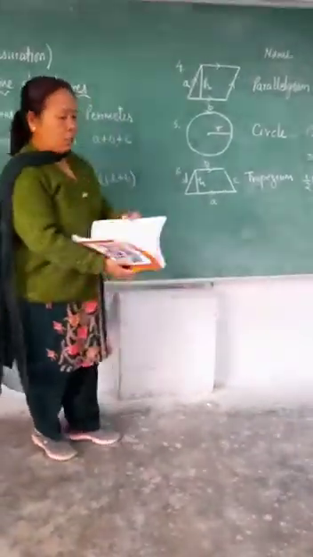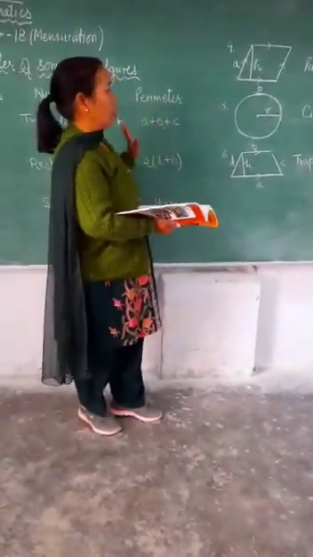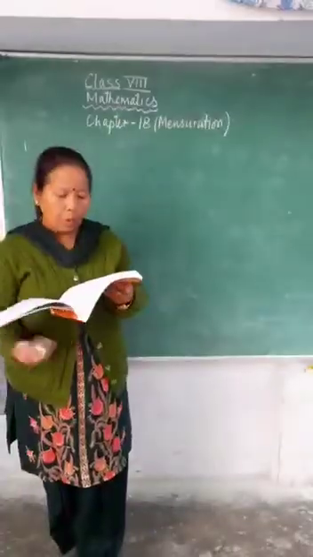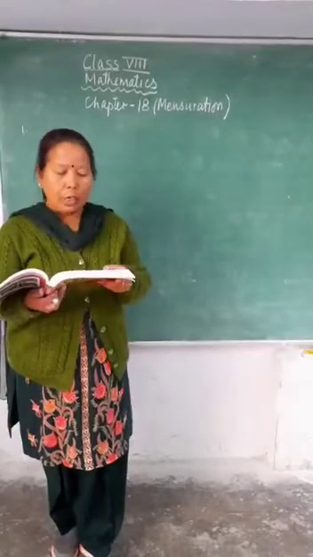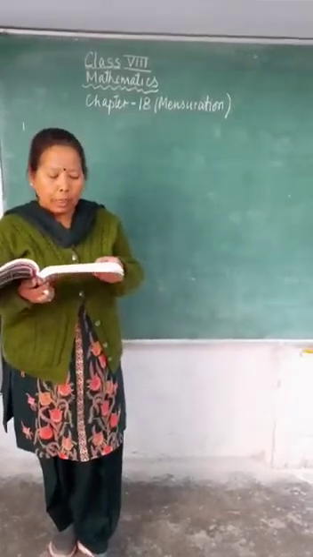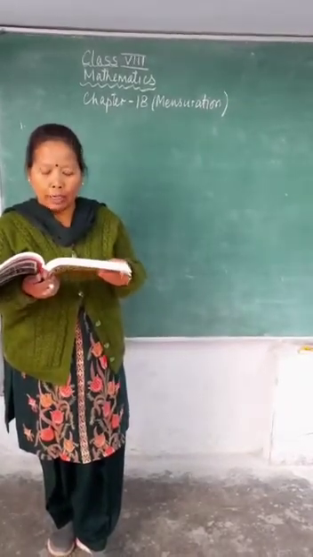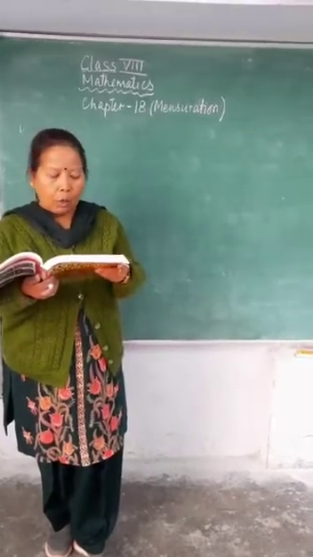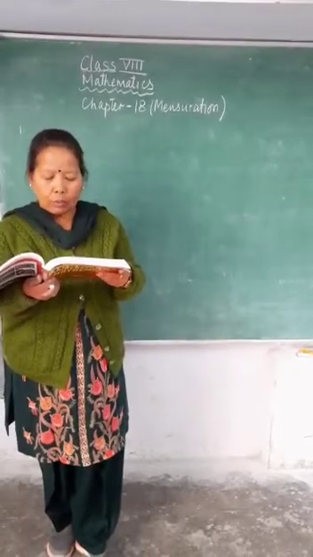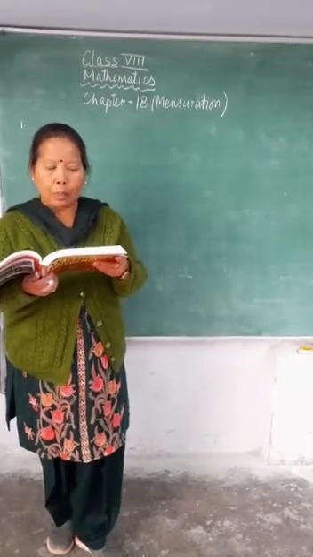These are the formulas of these figures. In this chapter you will do questions related to these figures, in which you have to find the area and perimeter of these figures. See question number 1 of exercise 18.1. In this question, the length and breadth of a rectangular field are given in the ratio 9:5, and if the area of the field is 14,580 square meter, find the cost of surrounding the field with a fence at the rate of 3.25 per meter.